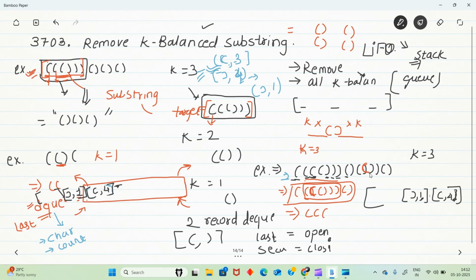Now what we will do is check the count. If my count is less than my key, that means we have not received any k-balanced substring yet in our string. Now what we will do is